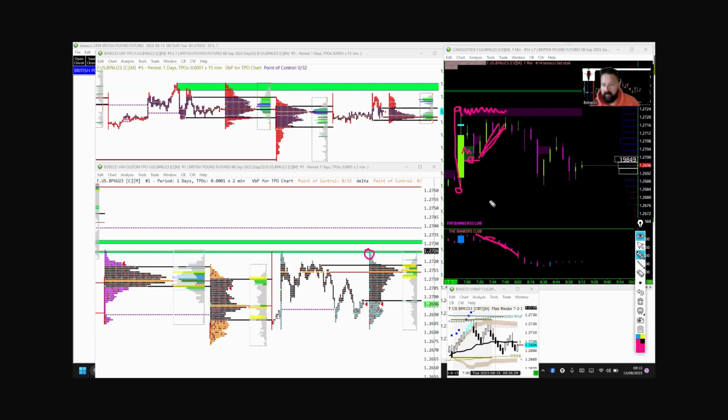These sellers were being, see if I can draw this with this pen, double D. That's not my missus's cup size, but that actually means drawdown. So you can see that delta divergences, sellers piling in, price flagging up. So this is one of my extra confluences into this stacked imbalance. So I'd look for shorts around here again,